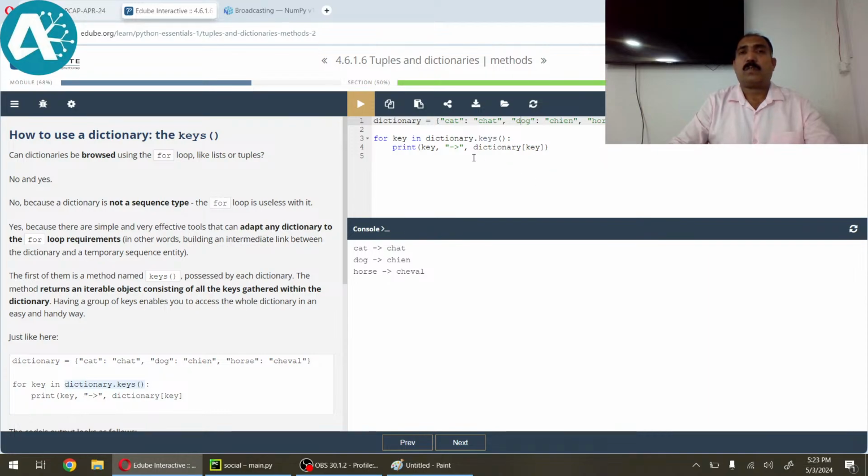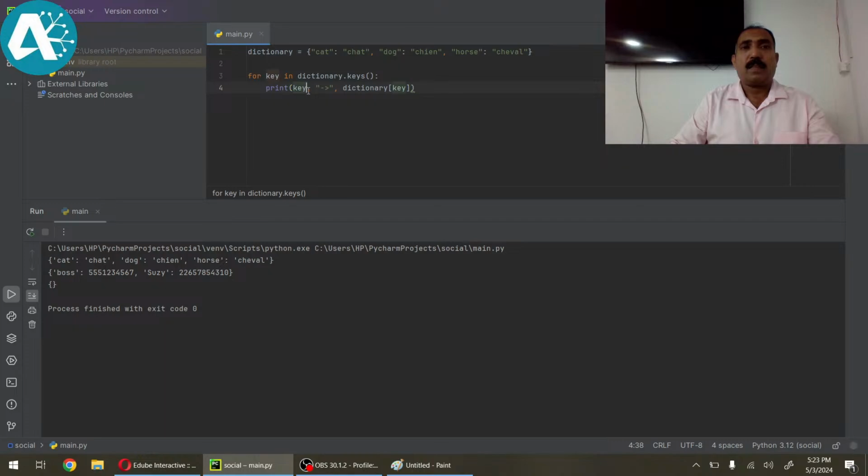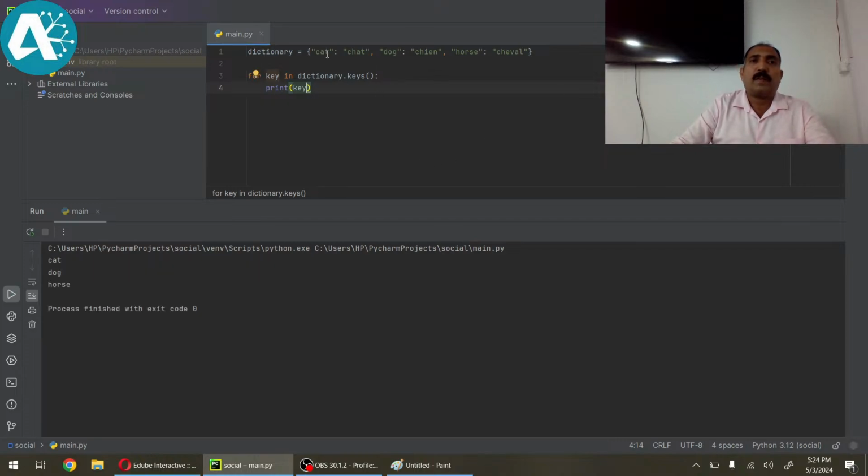Okay, let me do some analysis. If I don't print this, what will happen? Let me try. That's good, so it will print this key. Okay, and Control Z, and if I just use this one,